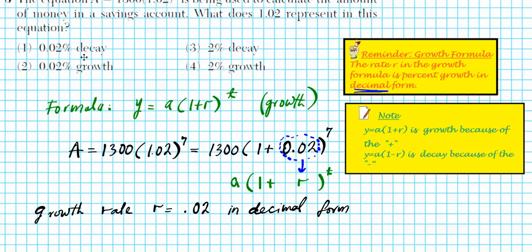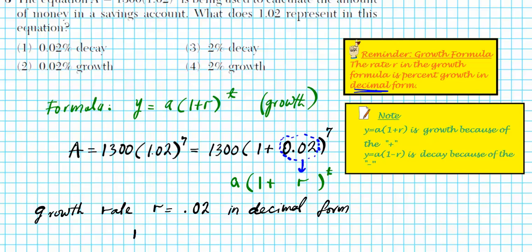Okay, but if you look at the options we have here, the options are all in percent form. So what must we do? We must convert this growth rate from decimal to percent. To convert from decimal to percent, you simply multiply by 100 or move the decimal point 2 places to the